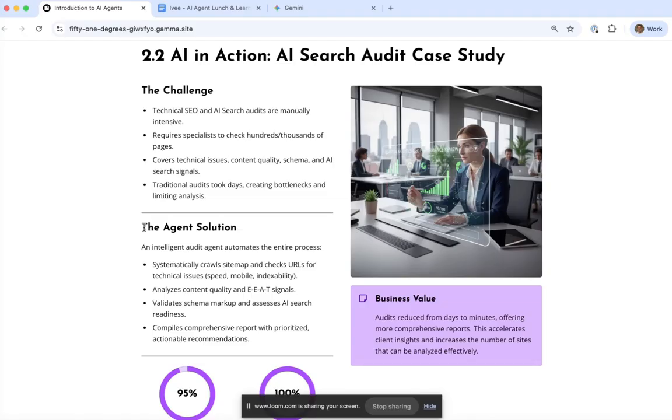For example, we've built credibility and authority relatively well. However, there's a technical thing called a schema, and we've done a really bad job of putting all of this into schemas, which is actually what AI search needs in order to rank people. So there's a big bit missing, and we can replace it in only a couple of days' work, and all of a sudden our business will rank way higher on AI search and we'll get lots more customers coming through to buy from us. So that's another example of AI agents in action.